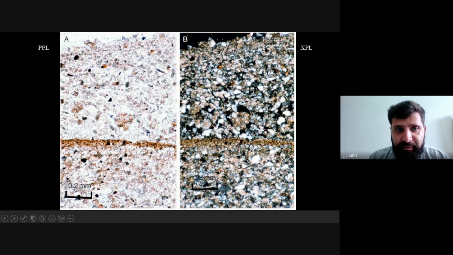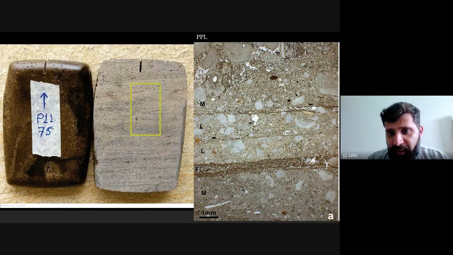We can see in this case these clay coatings, this clay film that's parallel, this horizontal distribution with the surface of this horizon. We can see an inclined distribution. Like in this case, we can see these clay coatings, these clay films, this transition between these horizons, and they are not parallel to this boundary. In this case, this boundary is inclined with these